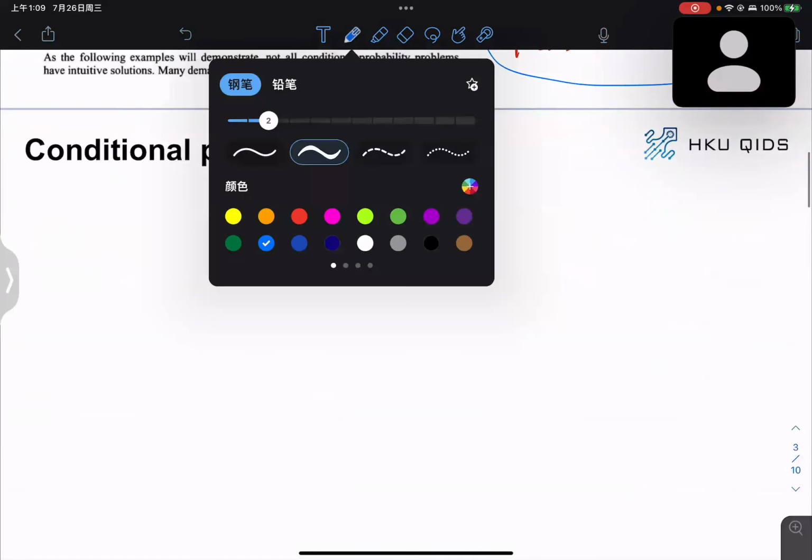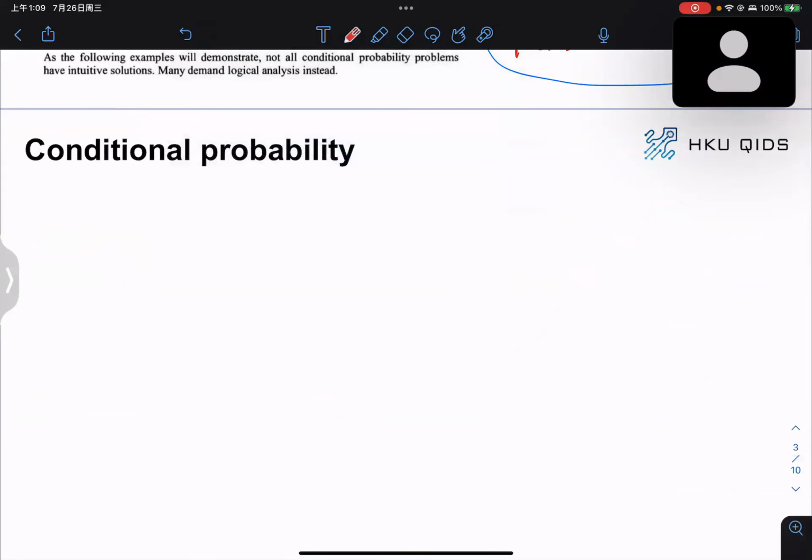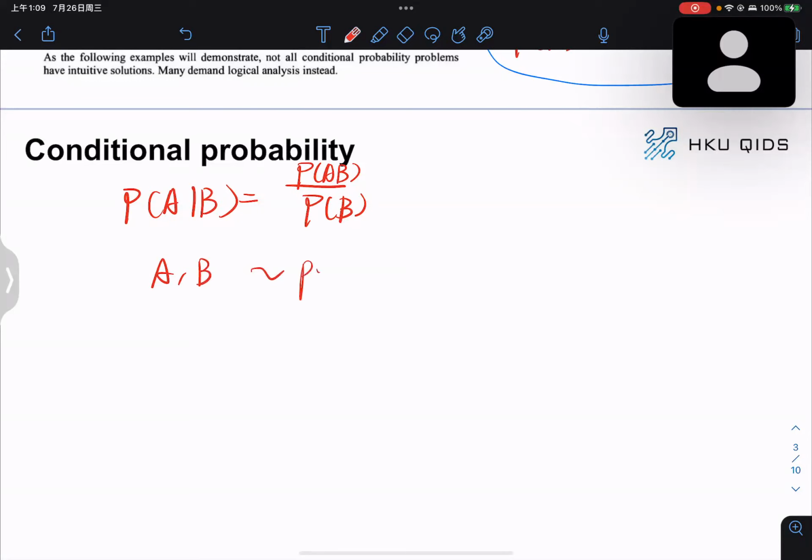Now I want to talk a little bit more about conditional probability. Let's start from the simple one, right? The conditional probability of A conditional on B is just the probability of AB over the probability of B, right? But then let's think that A and B have some kind of PDF. Then the expectation of A conditional on B equal to something, let's say b, is going to be something like